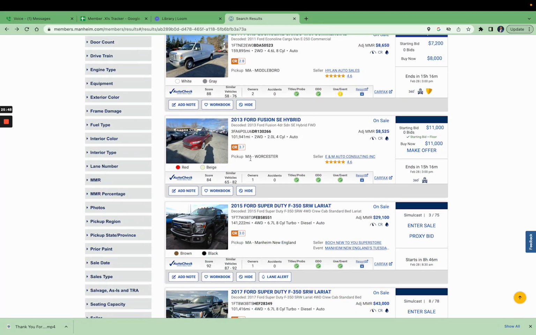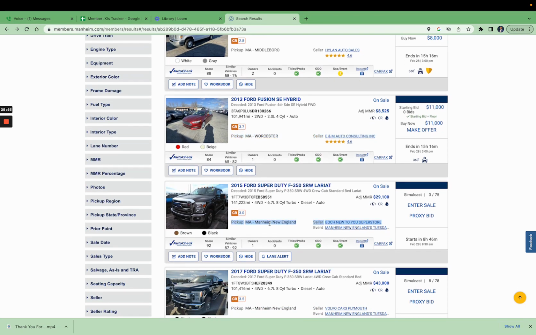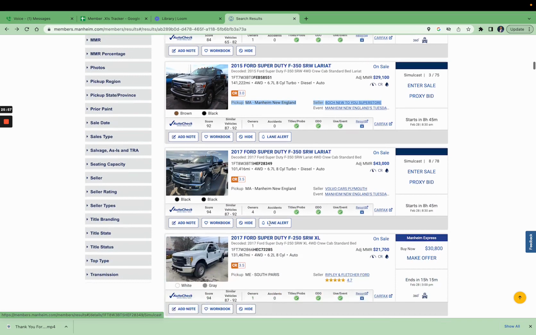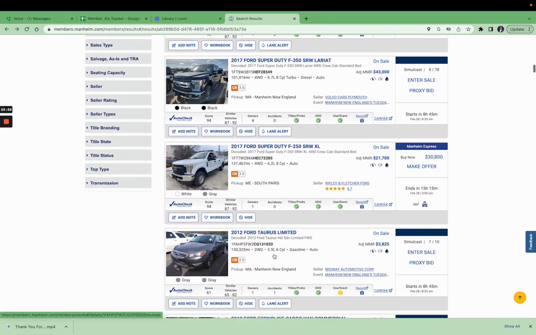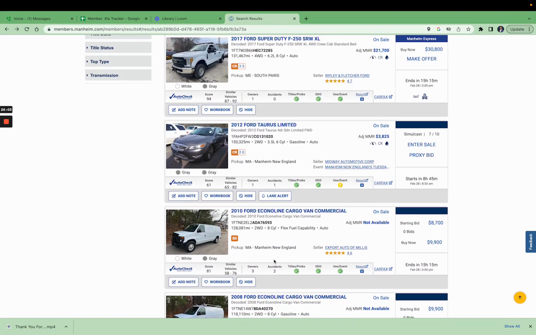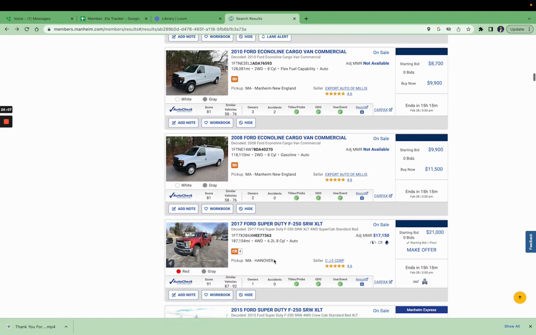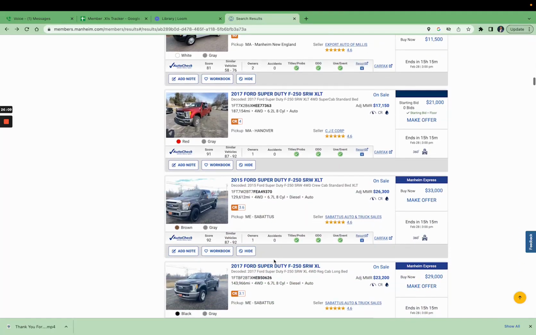Also, remember, anything that has to do with up north, be very cognizant of what you're buying. I would stay away from anything north of North Carolina, quite honestly. It's all salt. It's all eaten up. Pennsylvania is pretty bad. Maine's bad. Massachusetts is bad. Anything up north is going to be cheaper, but it's also going to have a ton of rust on it, and I use that term very lightly. So